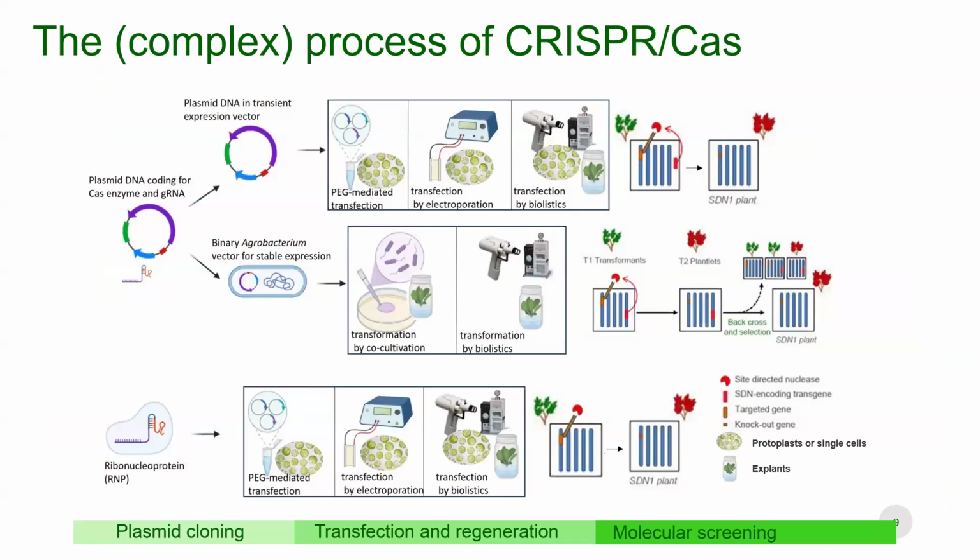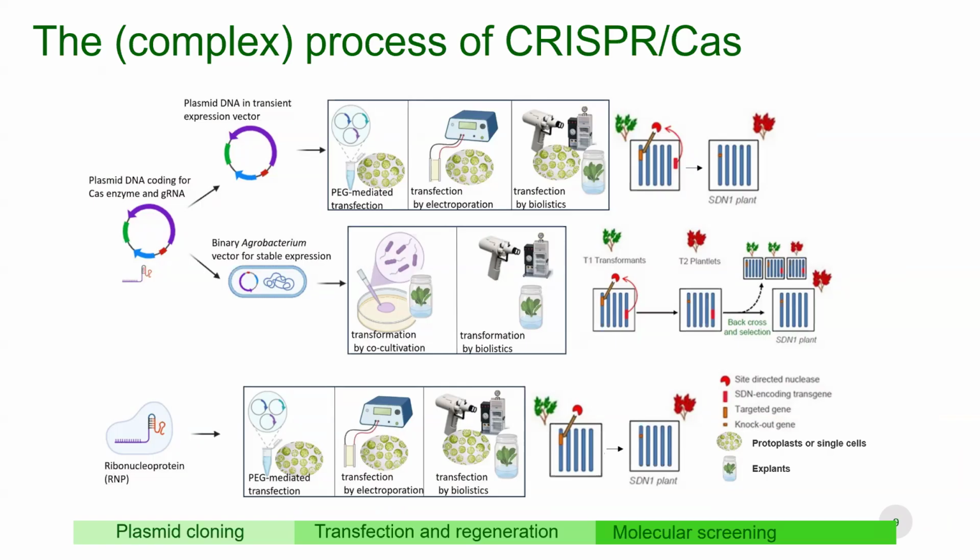But yeah, CRISPR-Cas is often used, but it's still a very complex process. There are different protocols you can use. You can use plasmids or ribonucleoproteins. You can have Agrobacterium transfection, protoplast transfection using polyethylene glycol, transfection by electroporation, by biolistics, etc. So it's actually a very complex landscape of protocols to perform your gene editing